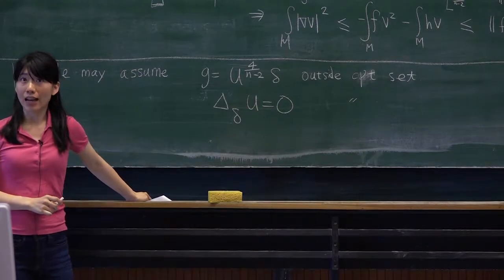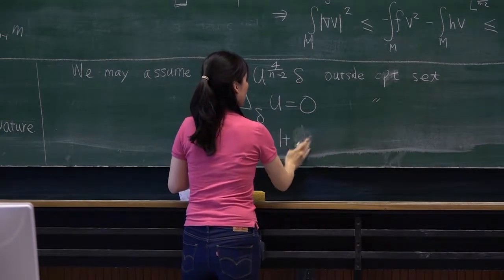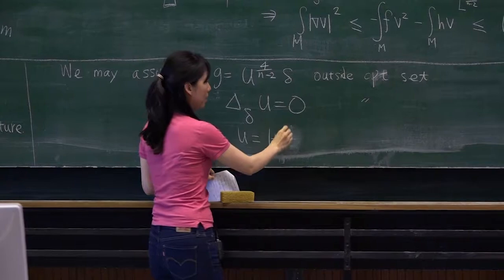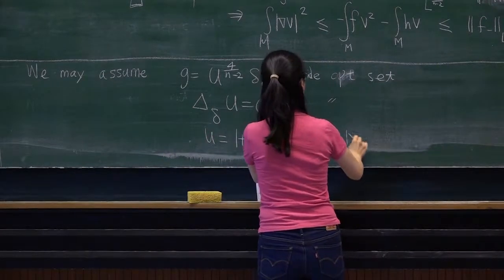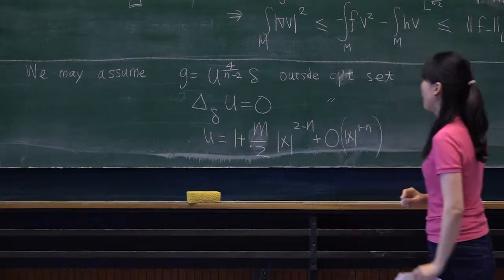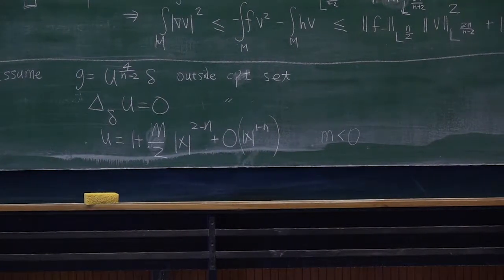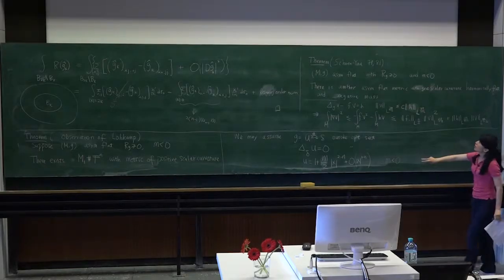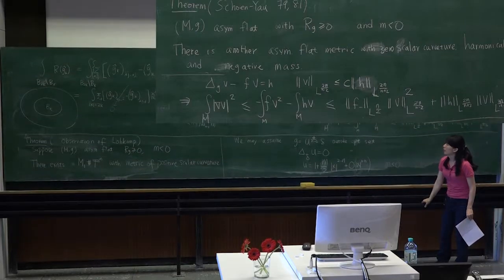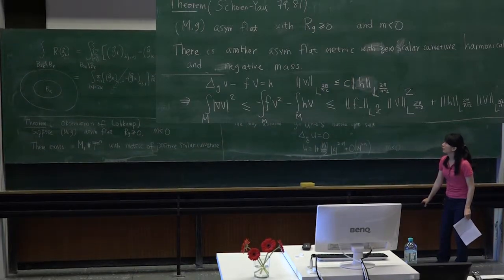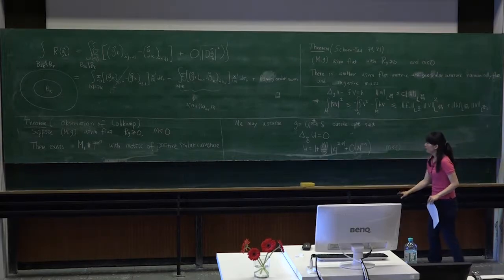And u has an expansion, right? It's a harmonic function, exactly a harmonic function. And u has an expansion, and in the expansion, this term will correspond to the mass, which is n over 2. And the mass is negative. So that's a consequence from this Schoen and Yau deformation. Right? Okay. And